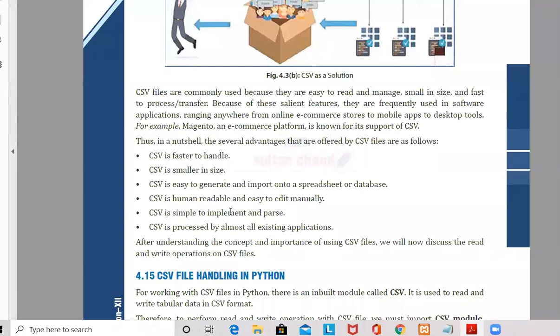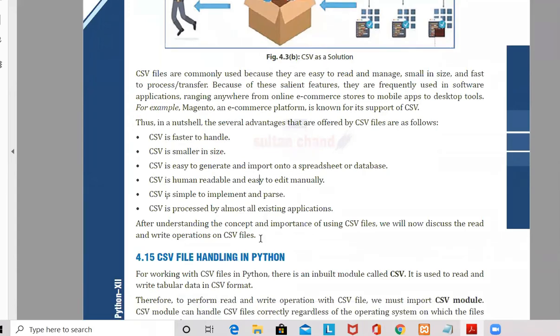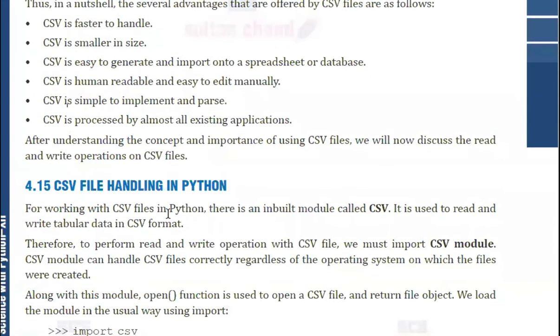We'll be having some functionalities. We can generate a CSV file easily. Parsing means to loop through it, to take each and every row, to process the data. Everything is going to be easy in the case of a CSV file, and it is used almost in all applications. Not completely everyone is using it. Whenever it is required, a CSV file will be used. So for CSV file handling in Python, there is an import statement with csv. Before going into that, I'll show you what a CSV file is and how it looks.